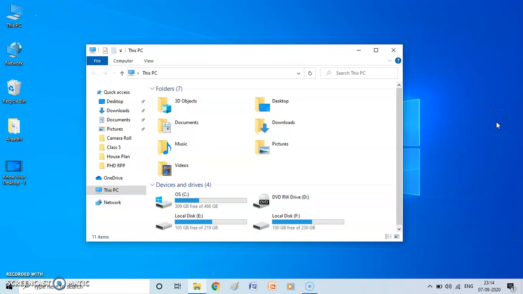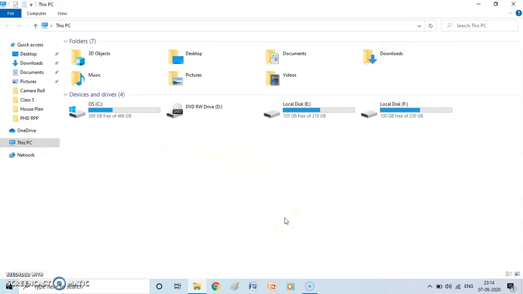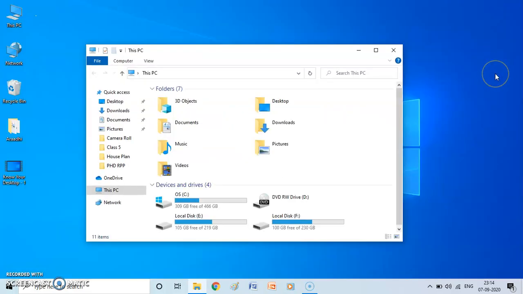Now we can maximize the size of any window by clicking on the maximize button. Now if I want to maximize the size, I want this whole window to cover the whole screen. So I'll go, this is the maximize button. I will left click on this. The whole window is maximized. If I want to restore it to the original size, again I will go to this button. See, it will say restore. So I'll restore it. Okay.